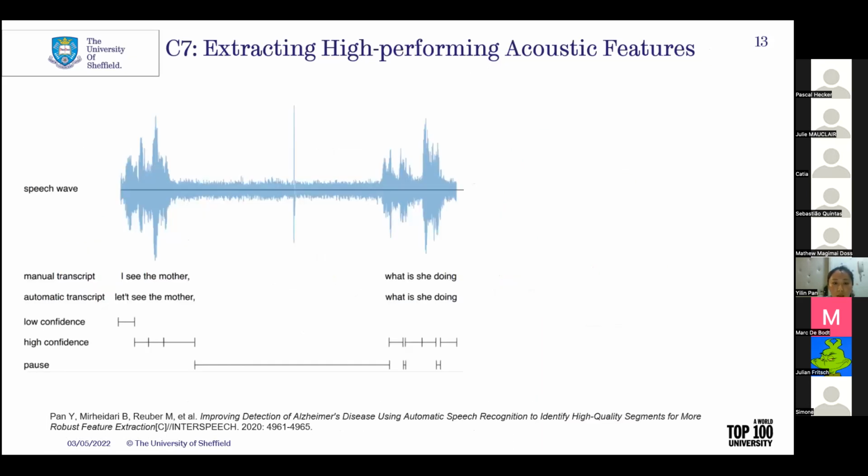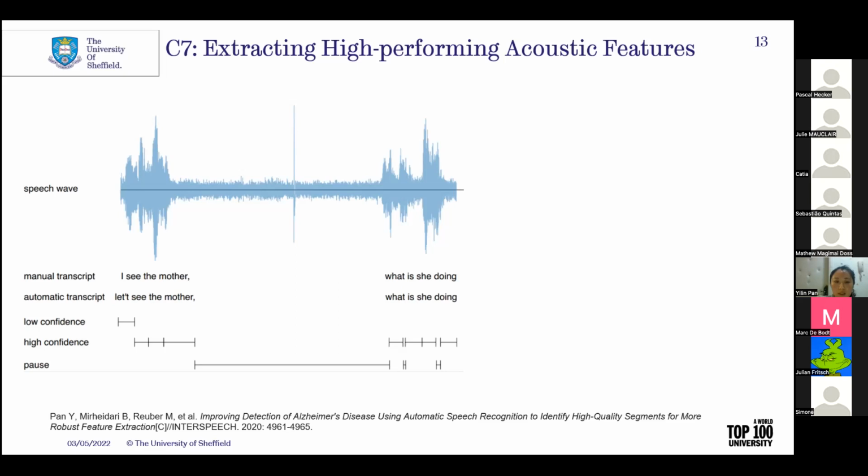And the third experimental chapter in the thesis is about extracting high-performing acoustic features from low-quality audio recordings. Because in the research in the last slide, we found that even though the end-to-end system can perform better on the high-quality raw waveform dataset, it cannot perform very well on the low-quality audio recordings. So in this research, we want to explore how we could extract high-performing acoustic features from the